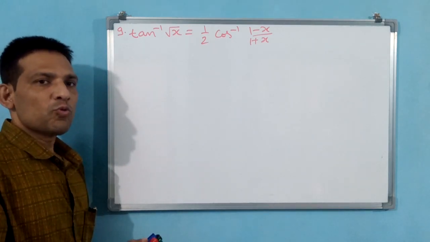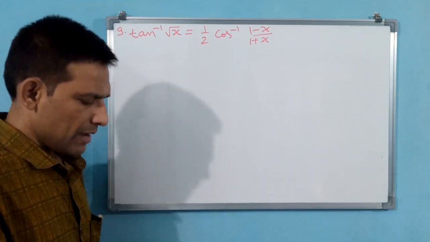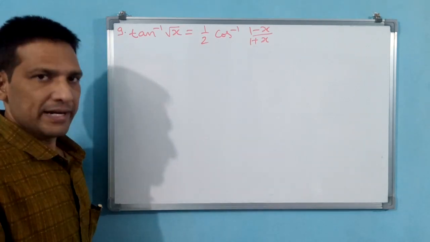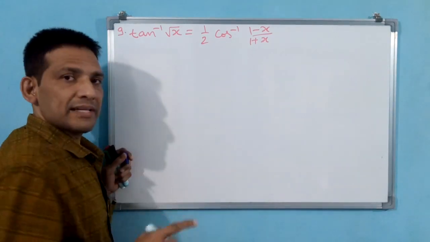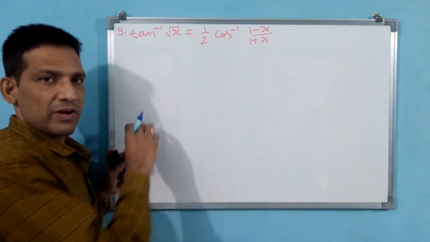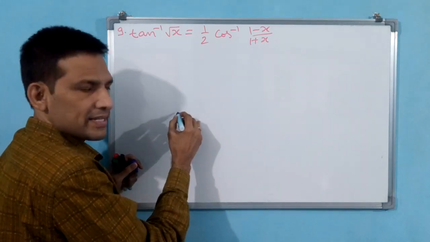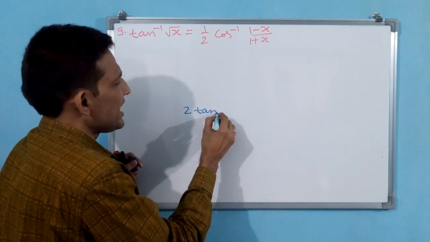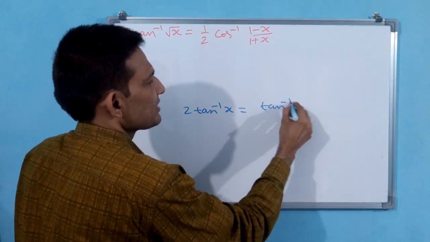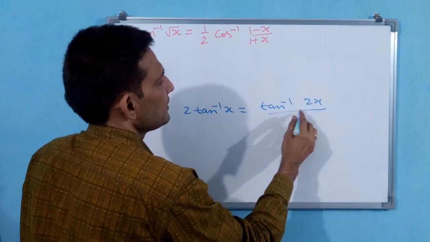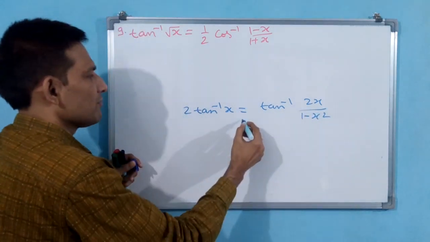we know the 2 tan inverse x formula. I am writing, you see here. Again and again, that is why you have to keep in mind, 2 tan inverse x has got 3 formulae: for tan form, for sine form, for cos form. I am writing here again, you see. 2 tan inverse x is equal to tan inverse 2x by 1 minus x square. This is in tan form.